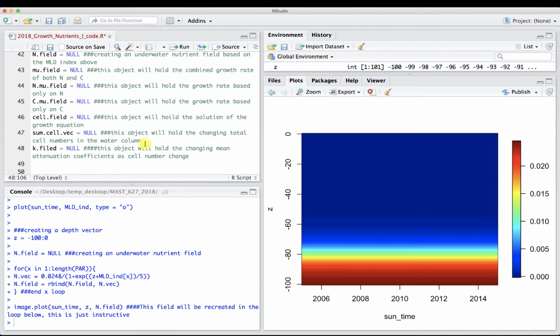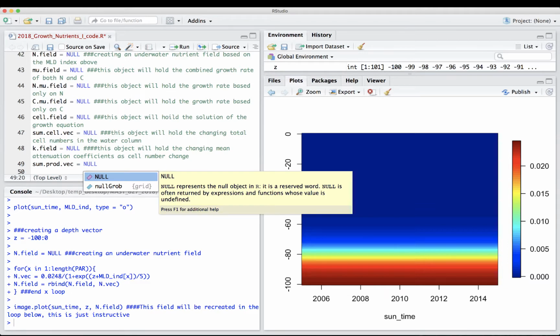So previously we've had a diffuse attenuation essentially kept constant, but now we're going to have it based on cell growth, and cell growth is going to be based on nutrients, and nutrients are going to be based on mixed layer depth, and light's going to be based on, you know, the sun coming up, sun coming down during the season. So this is going to be dynamic, so our attenuation is going to change, so we're going to make that not a constant anymore. Our sum dot production dot vec